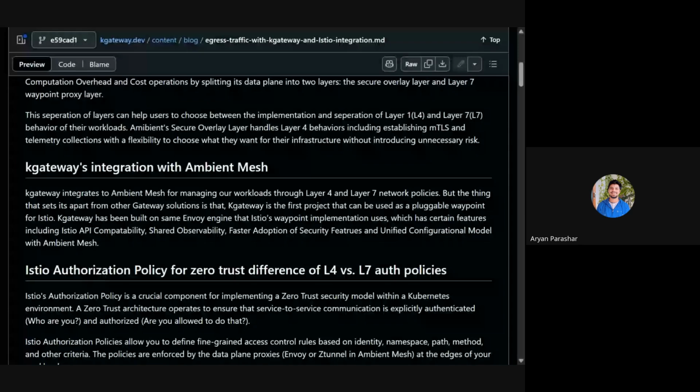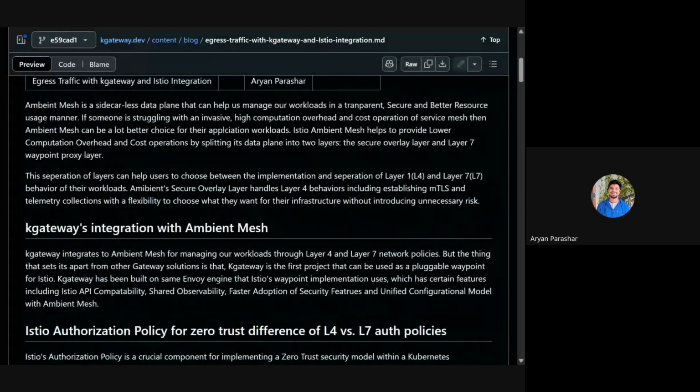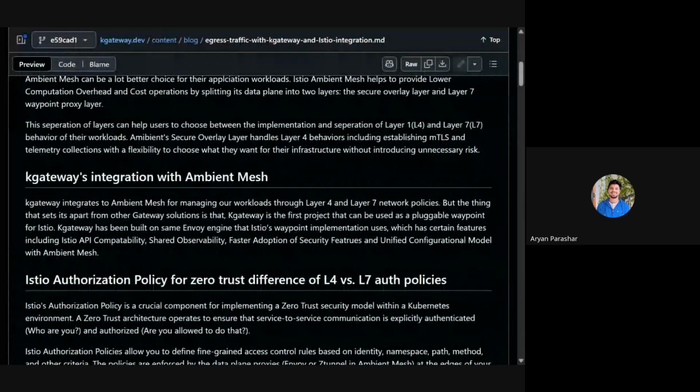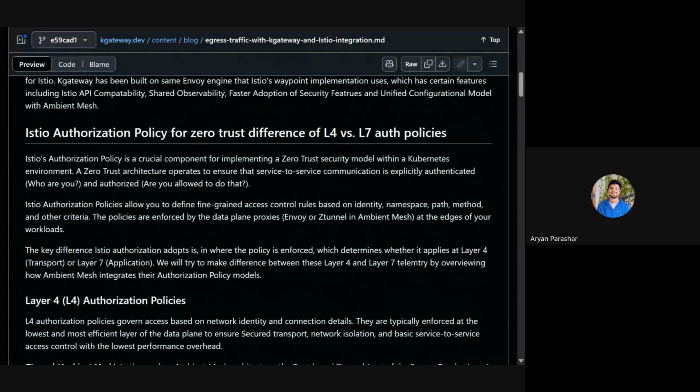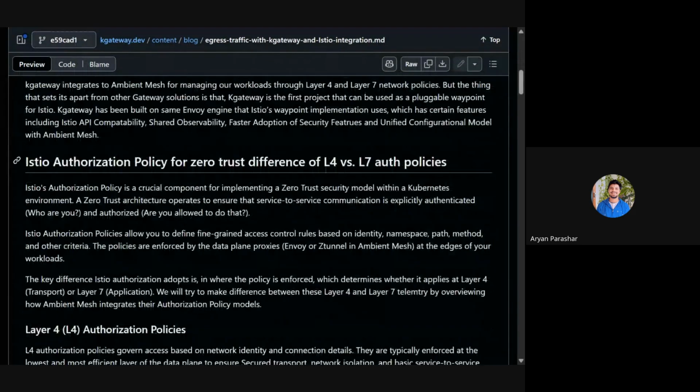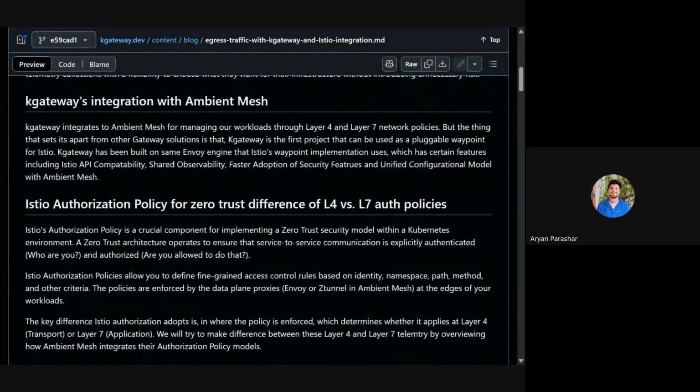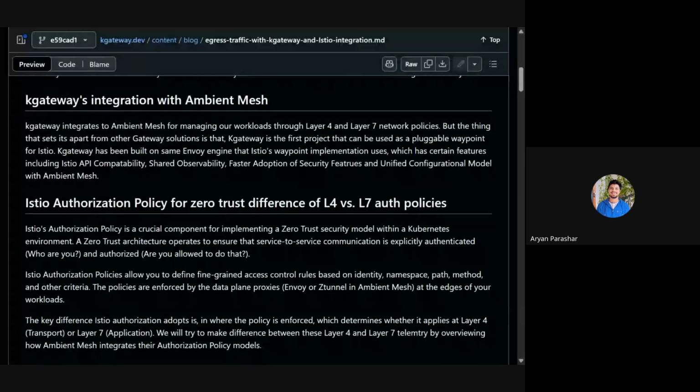Alright, so over here, I'm writing a blog on using kgateway as an egress gateway for